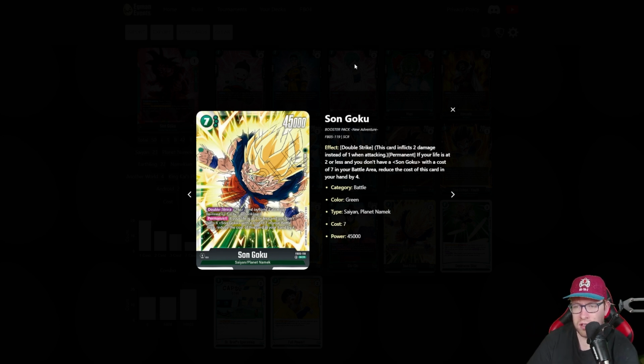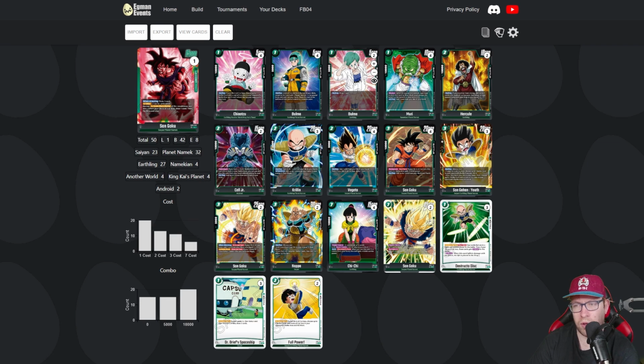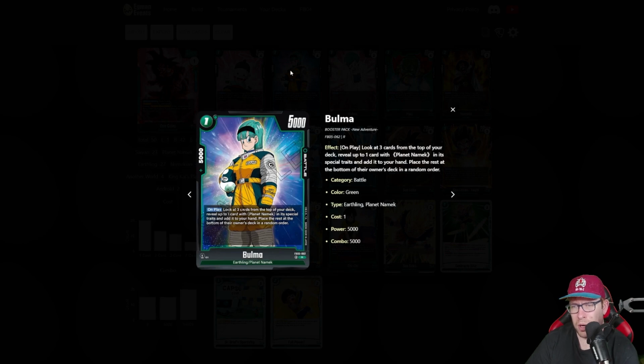So 3, I think, is a sweet spot. If you have 2, I think you are still able to play it, but it is in a spot where you are seeing it a little bit less consistently. They also didn't include the Bulma Searcher rare, which I felt like was a bit of a miss